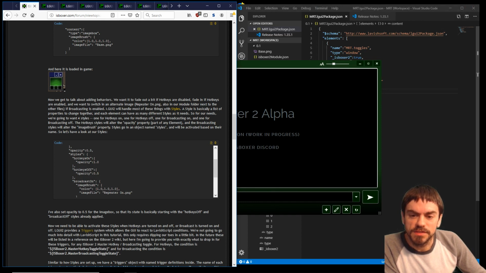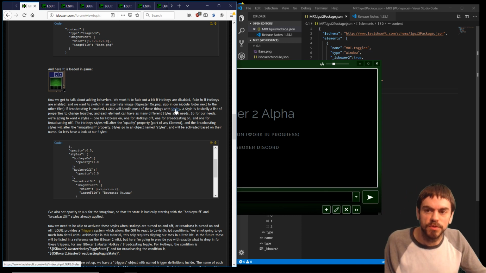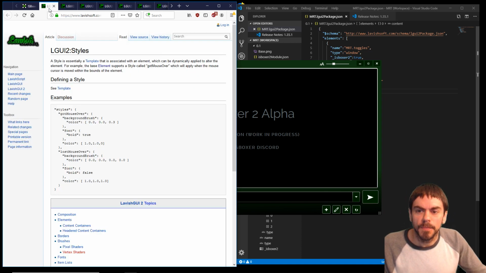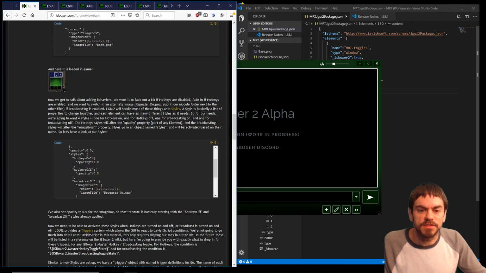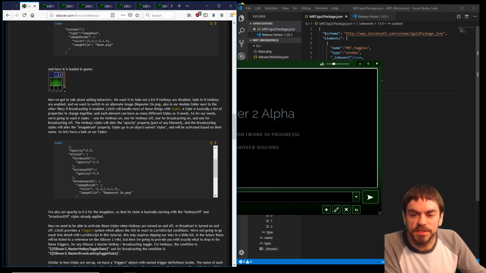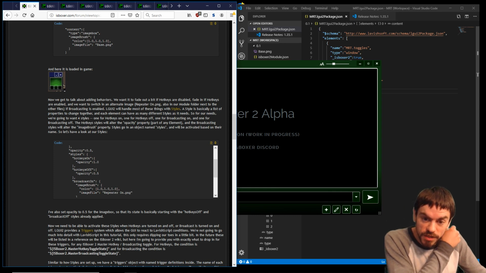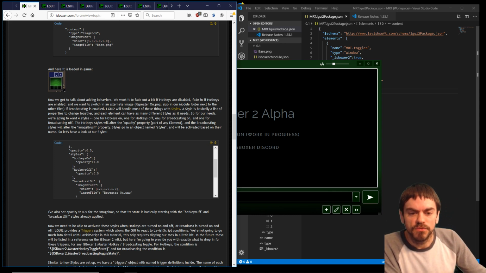So this says that LGUI2 will handle most of these things using styles. So we can open the documentation there. Style is basically a list of properties that we're going to change together. So each element can have as many different styles as it needs. For our needs, we're going to need 4 styles, one for hotkeys on, hotkeys off, broadcasting on, and broadcasting off. That's 4. So what we're going to do, the hotkey styles are going to alter the opacity property, which is